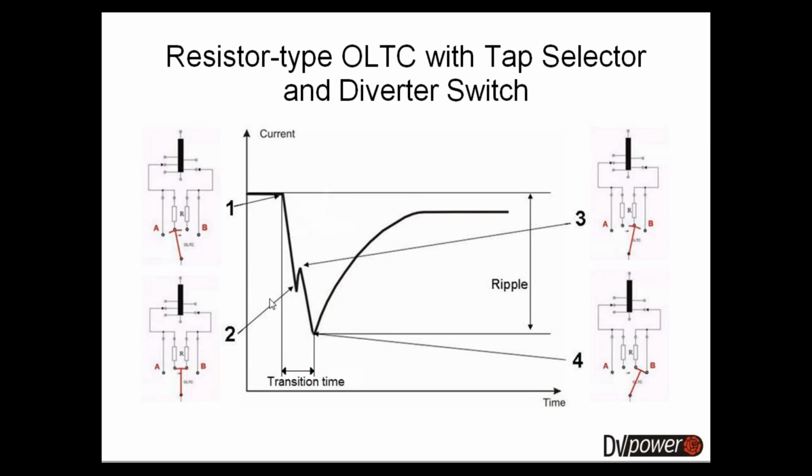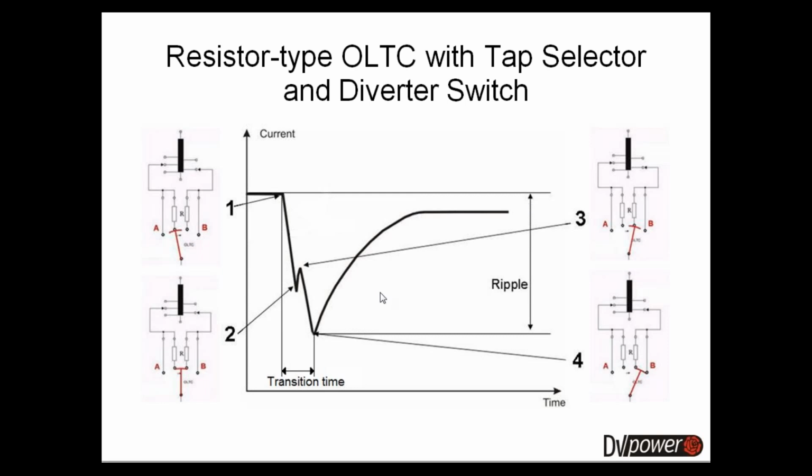Then, at the point marked with 2, the total resistance decreases because you have two resistors connected in parallel. And then the slope changes again when the second resistor kicks in. And finally, the point at which your transition is finished is marked with 4. And due to the transformer inductance, this current does not immediately recover, and instead it slowly changes itself towards the